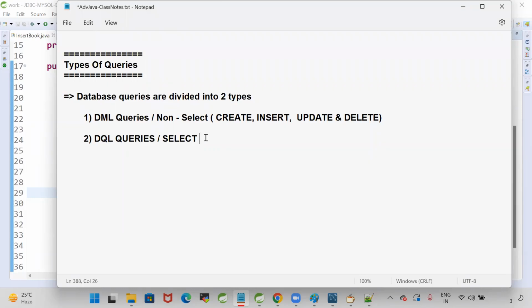Database queries are divided into two types. First one is DML queries. DML queries are also called non-select queries. Create, insert, update, delete come under DML queries, data manipulation language queries. DQL, data queries, retrieving the data, are called select queries. So to execute non-select queries,